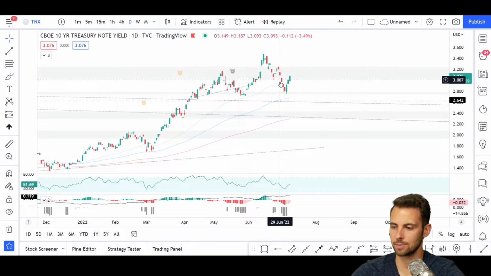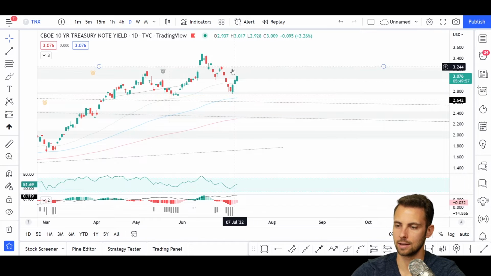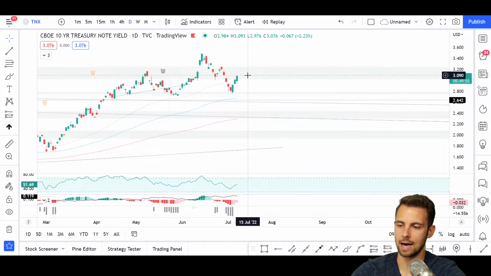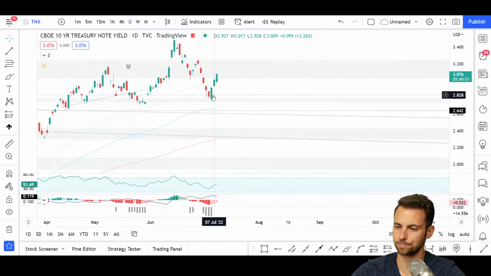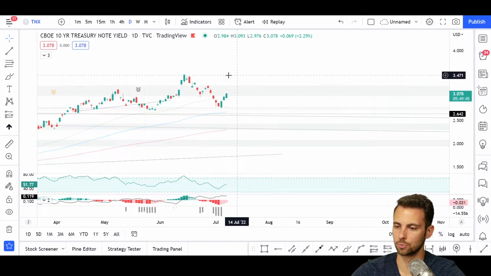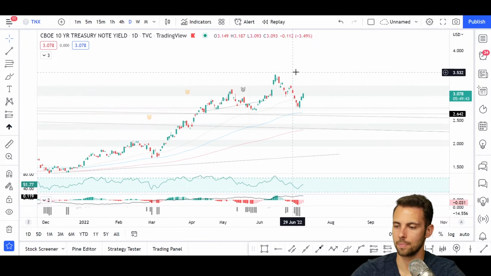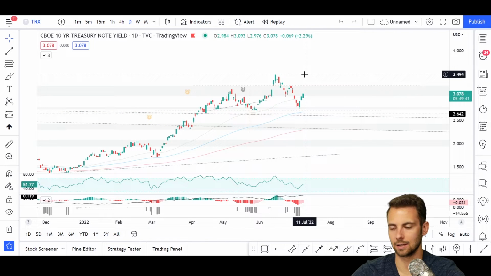Will we achieve it? Some of the candles that just appeared right here are pointing to a lot of strength. There are very strong candles being drawn here,